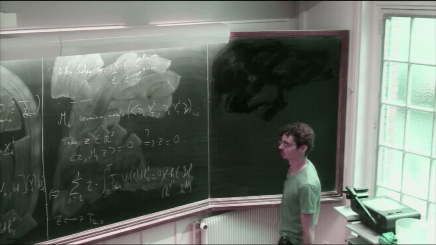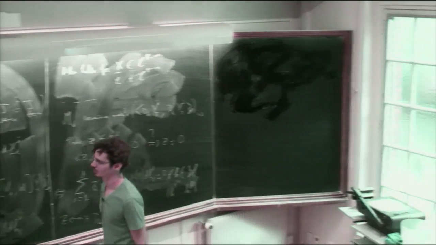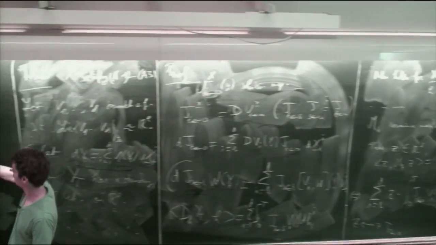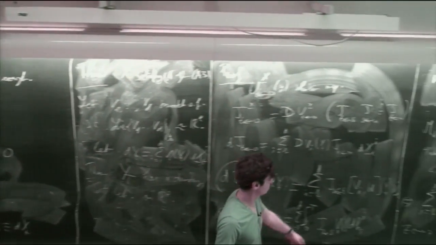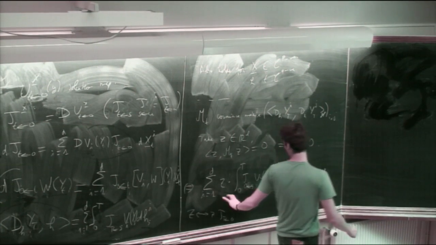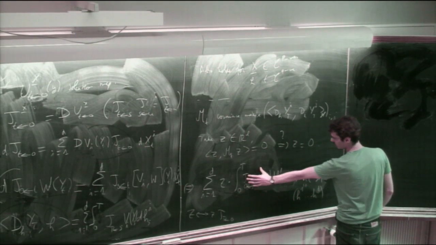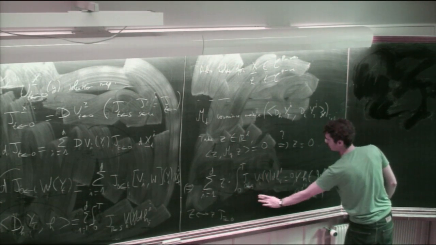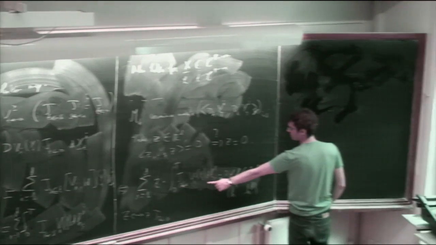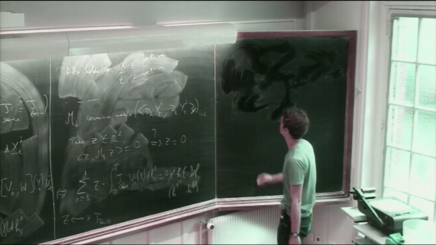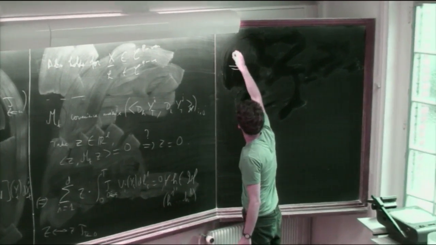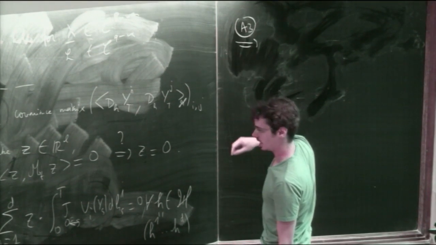What do you do? Well, you use this A3 condition here, okay? Because here you have some function of S, which is this Z scalar, this thing here, which vanishes against any element of the Kalman-Martin space. So by A3, this implies that